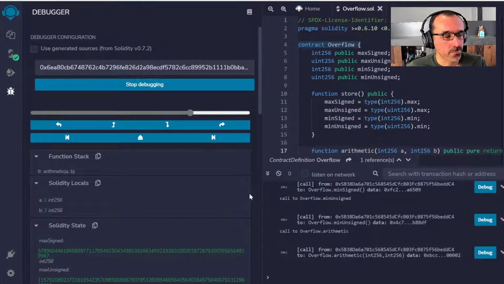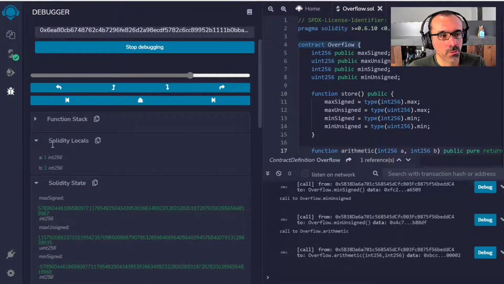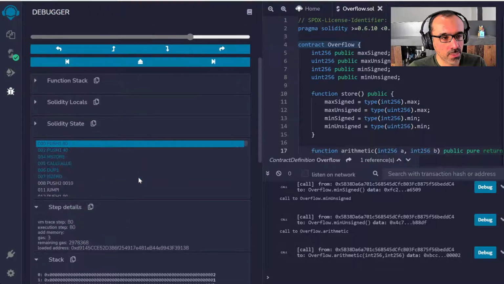So inside my debugger view, I have the typical debugging functions: step into, step out, step back, and things like that. Don't worry about the function stack here. It just tells me I have two local variables called A1 and B2. Don't worry about the Solidity state at this stage.